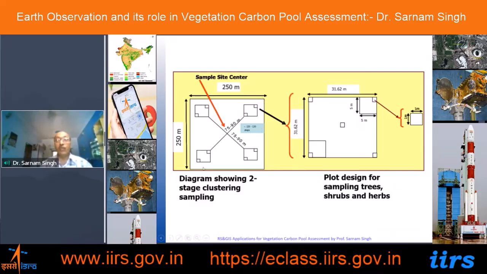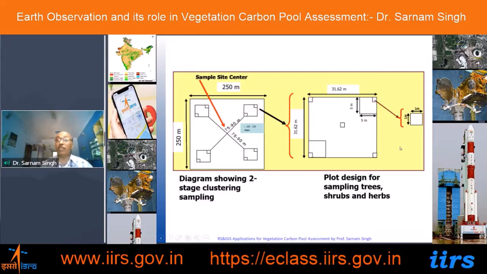This 250 meter is the MODIS pixel size. This is the scene center, the pixel center. You can see the MODIS pixel center here. If you go around, at 75 to 90 meters, northeast corner, southwest corner, northwest corner, and southeast corner, you can lay 0.1 hectare plots here, here, here. This is called cluster sampling. Now within this 0.1 hectare plot, I can further divide it. There are 5 meter by 5 meter plots for shrubs, 2 of them, one in this corner, another in the opposite corner. And then I have 1 meter by 1 meter plots, 1, 2, 3, 4, 5,